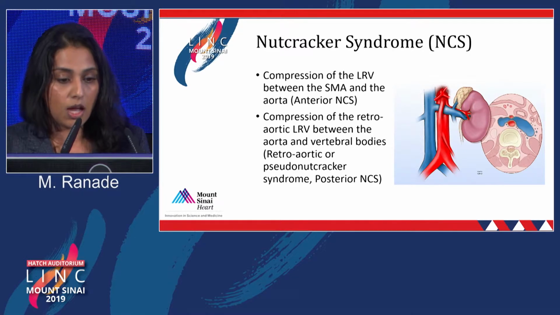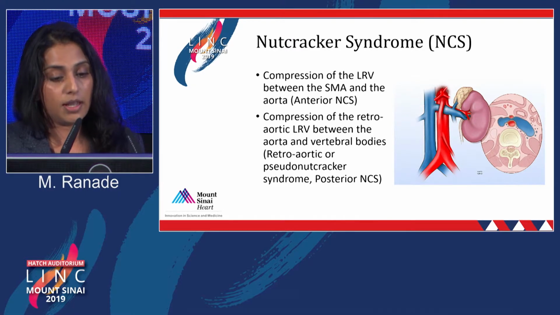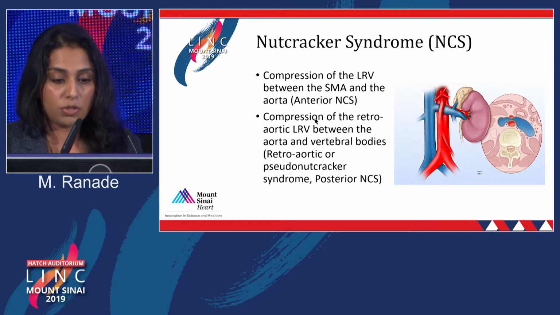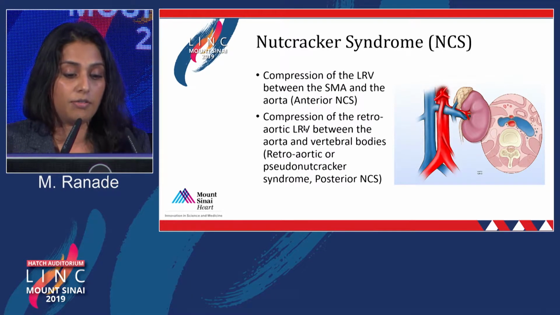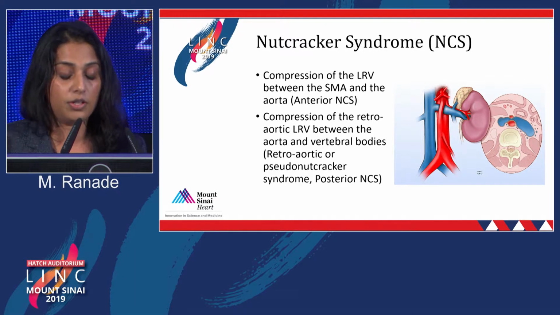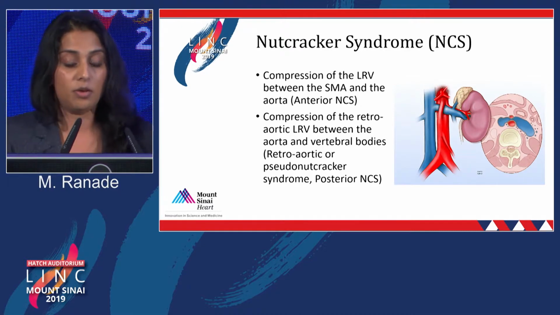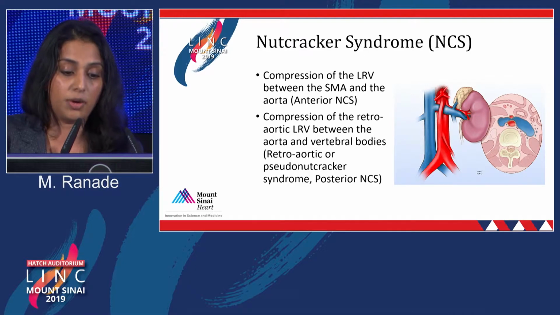Nutcracker syndrome. This refers to compression of the left renal vein between the SMA and the aorta. There is a less common form of Nutcracker syndrome, called posterior Nutcracker syndrome, which refers to compression of the retroaortic left renal vein between the aorta and the vertebral body. So you may see this as just a retroaortic renal vein, or you could see it in a circumaortic renal vein, in which one of the renal veins goes posterior to the aorta and gets compressed between the vertebral body